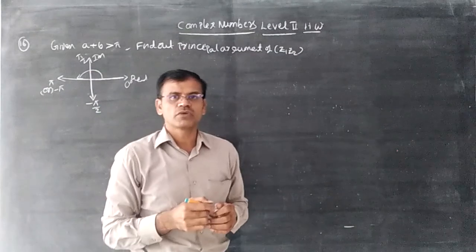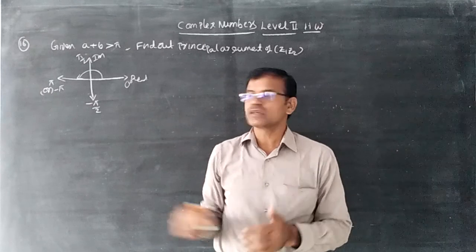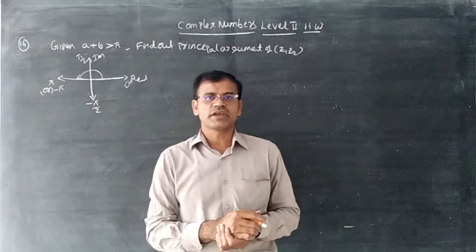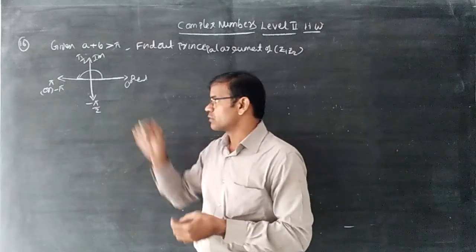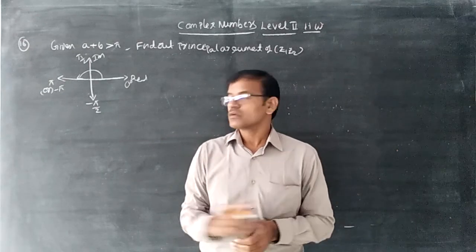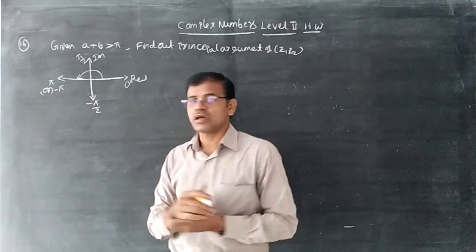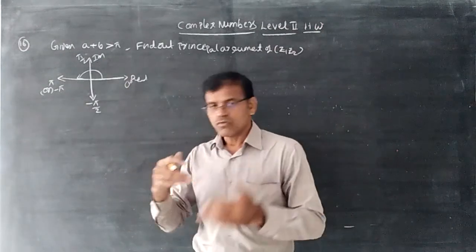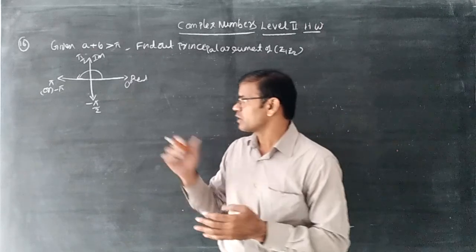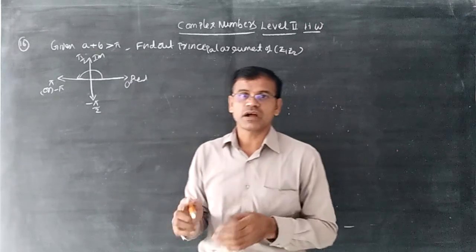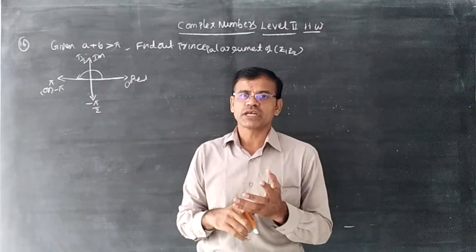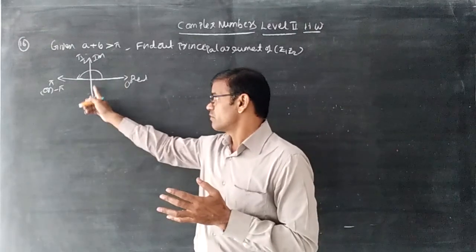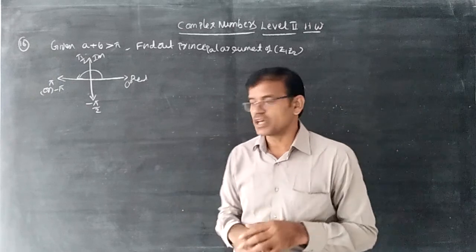In the first quadrant we have discussed that theta is equal to alpha. In the second quadrant theta is equal to pi minus alpha. In the third quadrant theta is equal to minus pi plus alpha. In the fourth quadrant theta is equal to minus alpha. We should consider the polar form, or modulus amplitude form. You should not consider it according to Q1, Q2, Q3, Q4, like pi plus theta or 270 plus theta, like that you should not consider.